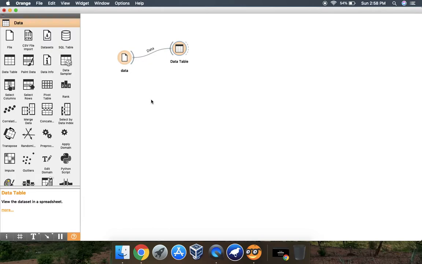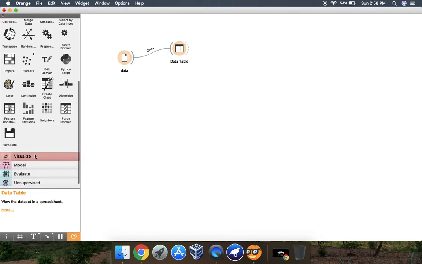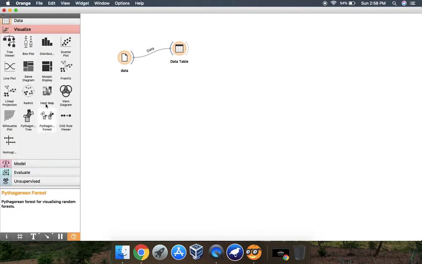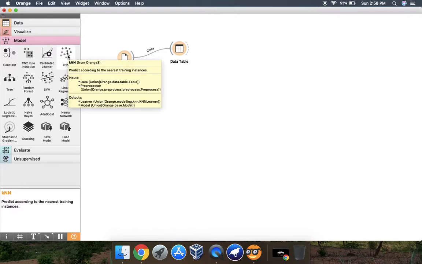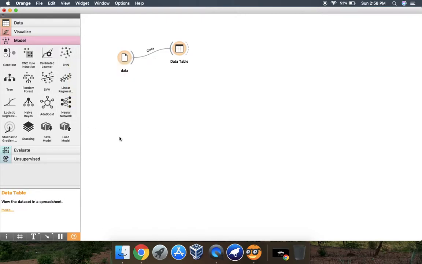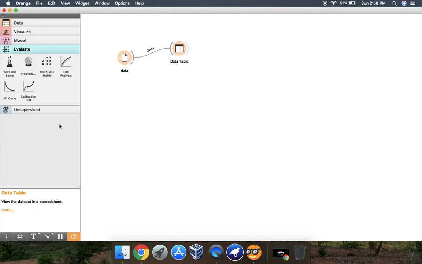In my next video I will explain these different widgets, like for data, and how to visualize your data in different formats, meaning in different styles, like a scatter plot and a tree view. And we will apply some basic algorithms, like the k nearest neighbor algorithm, tree algorithm, SVM, and we will also